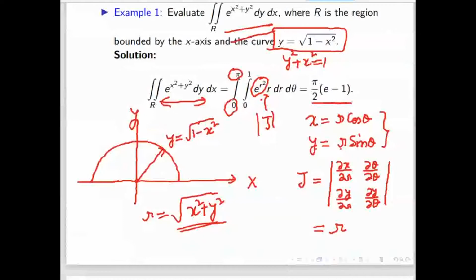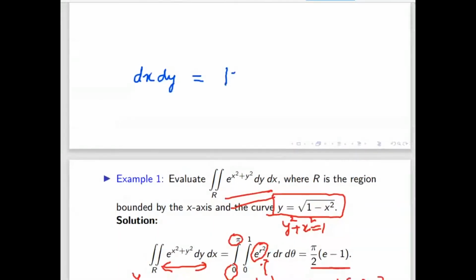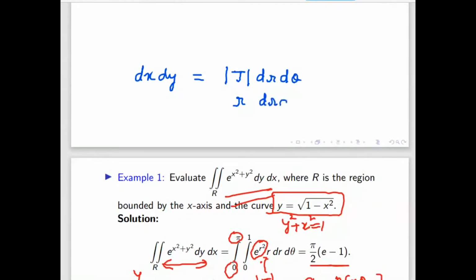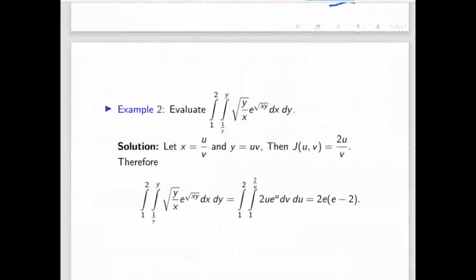So just see this example we have seen. x equal to r cos theta, y equal to r sin theta, and the Jacobian we got is r. So in this question, I think nobody has any doubt. This x and y and this Jacobian r we got. That means this dx dy will be changed by this Jacobian, dr d theta. And we change here r Jacobian because it came r. So it is dr d theta, which is written here. Okay. So now we'll do this problem first and then we'll go back to the previous problem.